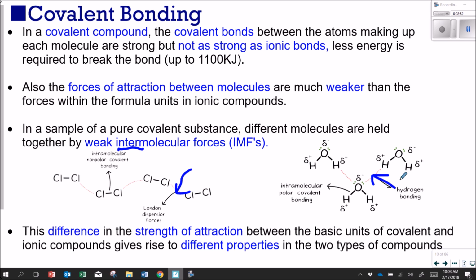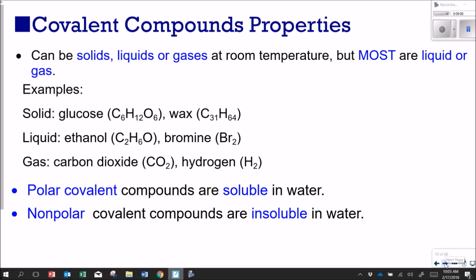The difference in the strength of attraction between the basic units of covalent and ionic compounds will give rise to fairly different properties in the 2 types of compounds. Let's look at some common properties of covalent compounds. They can be solids, liquids, or gases at room temperature, so all 3 states of matter, but most are liquid